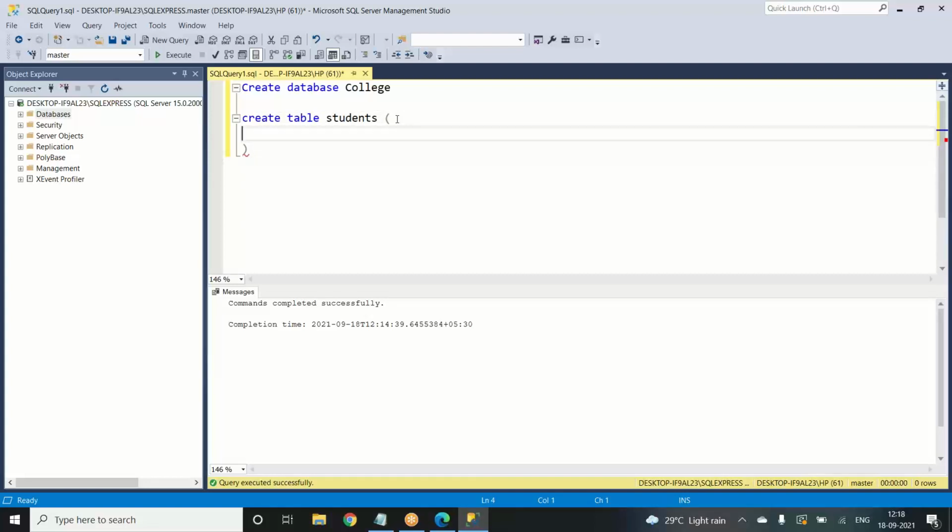Now in this, what is the first thing that we have to put inside? Now we are creating a table. So in this table, what are the headings that you need to have? What are the columns that you need to have? That we're going to write first. First off, for any table, we would need the ID, right? So we first need the ID.